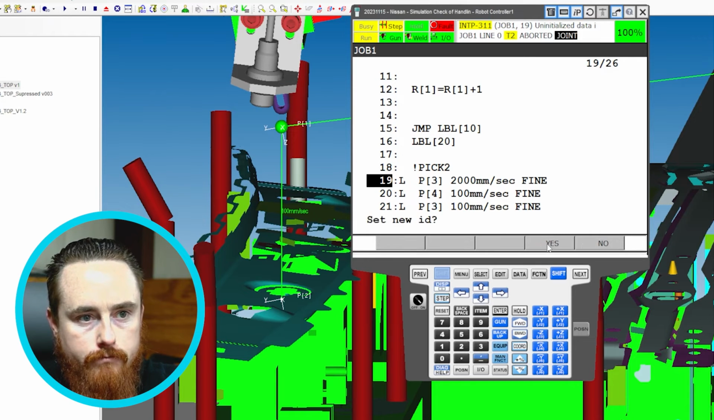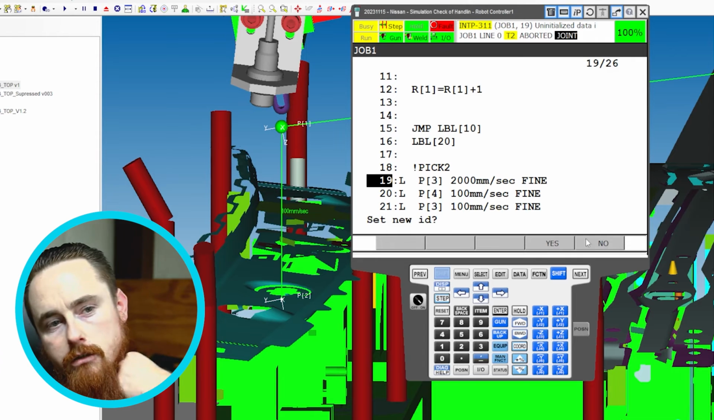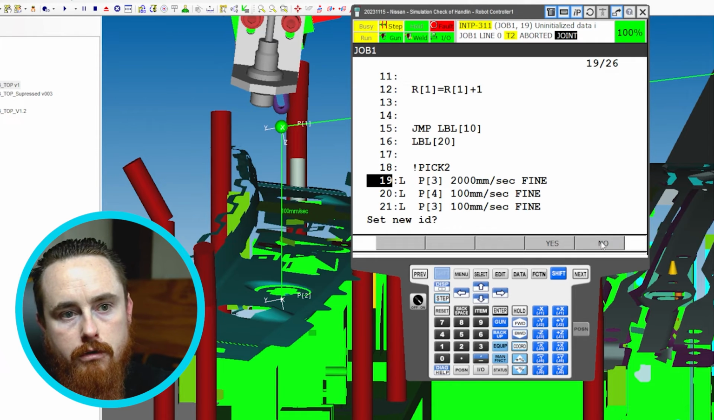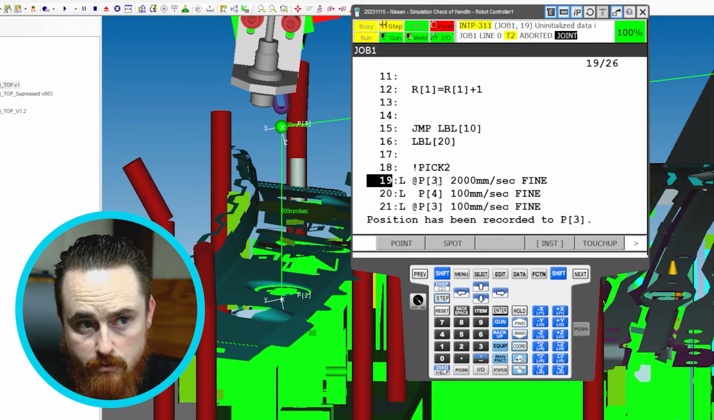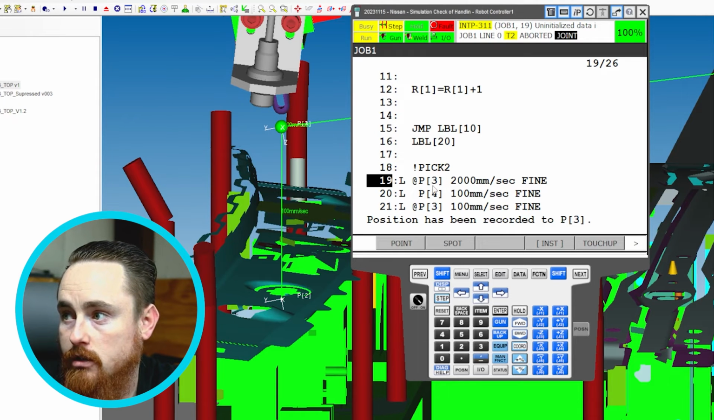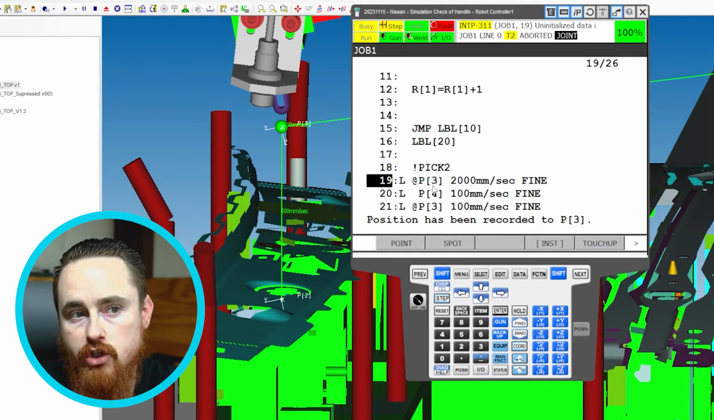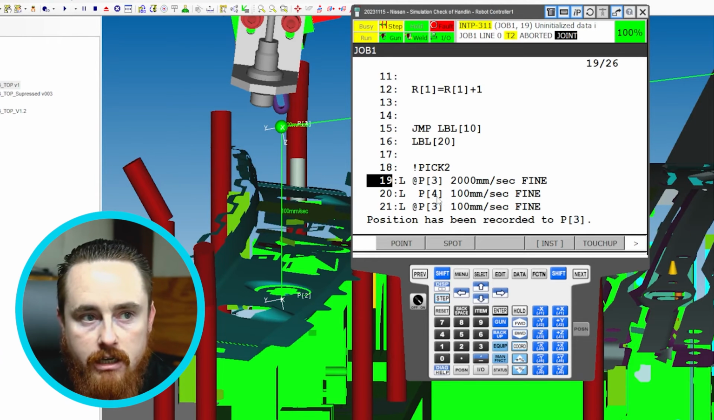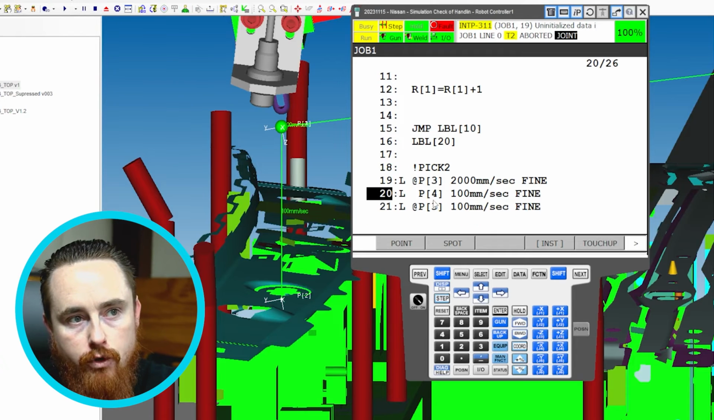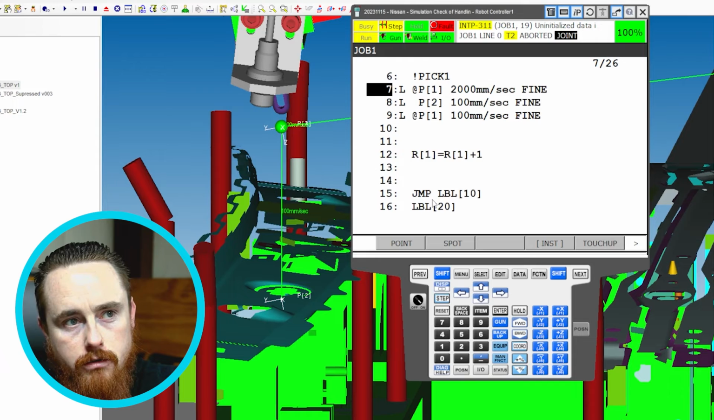touch up. Set new ID, no. Shift buttons on, no. So whenever it said, do you want me to set a new ID? What it's gonna do is try to steal that number 1 and put it into this position. But I said no, I don't want you to, I know this is already a position. I want you to give me another position with the same data. Same thing we'll do for this one, but I'll come up here just to